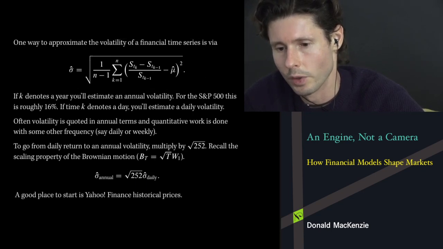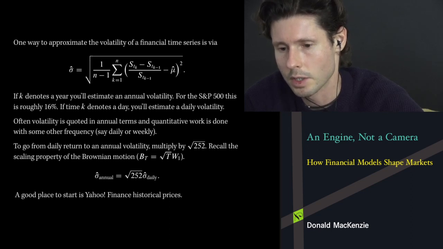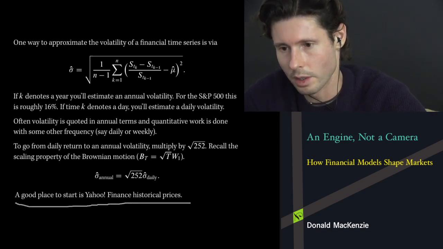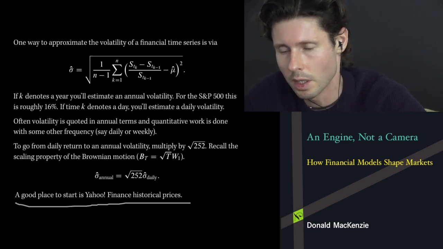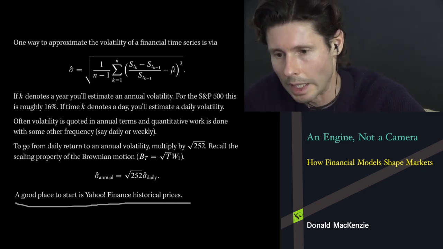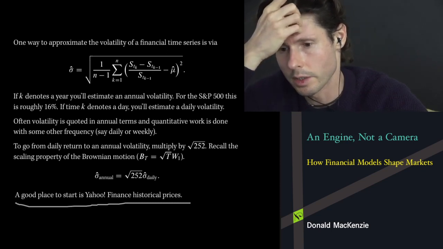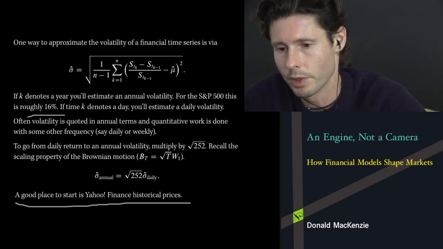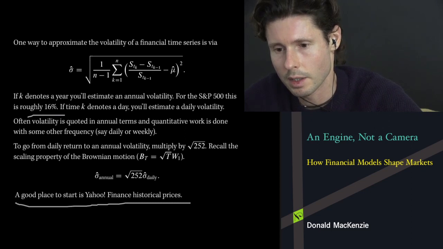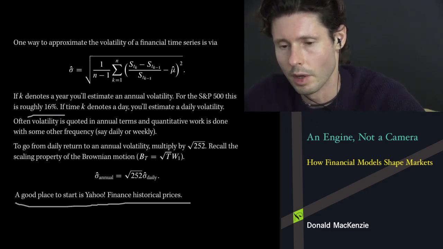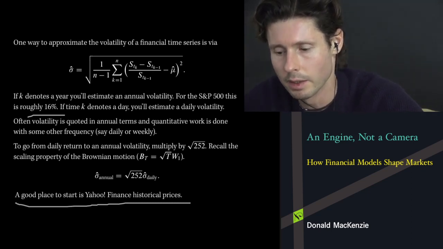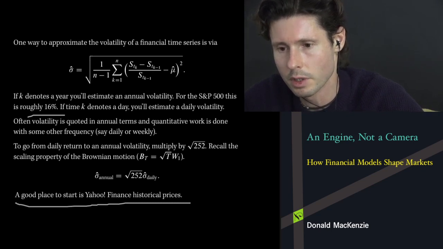Okay, so a good place to start with these types of calculations and simple statistics is Yahoo. Yahoo Finance provides historical prices not only for the S&P 500 but for many stocks in general. And a nice exercise is to actually carry out some of these calculations and see if you do get good estimates, and what frequency is sufficient to get something of roughly the order of 16% in terms of volatility, and 9% for the annualized return.